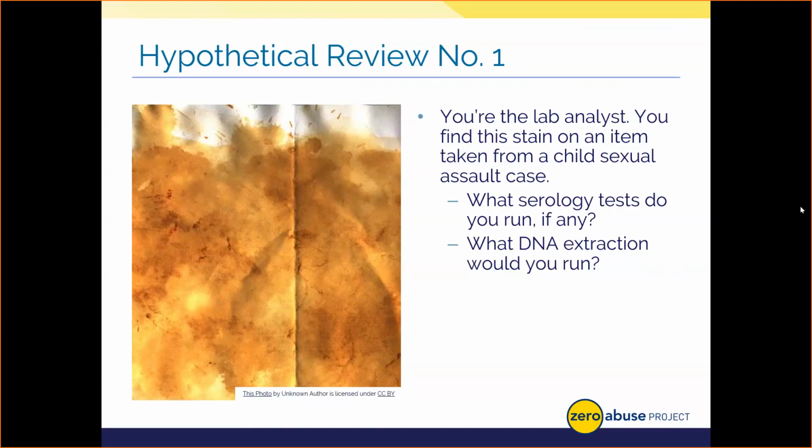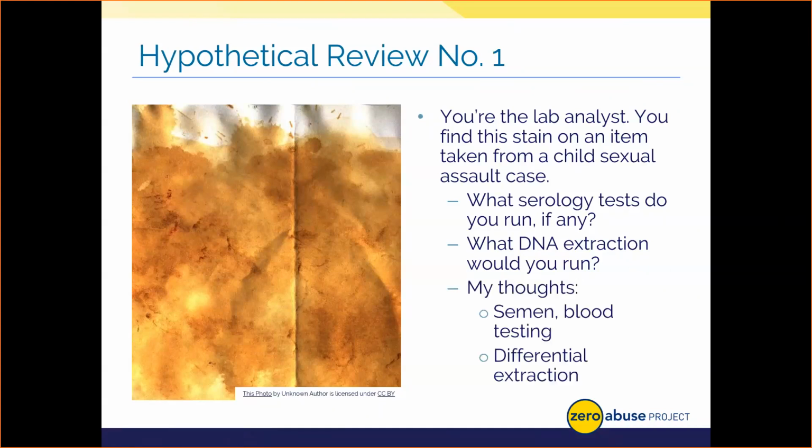I think those are good examples, especially from the serological standpoint. I know I'm asking you a lot with the DNA extraction, right? Just for the sake of time, we'll go ahead and look at my thoughts on this. The stain's that yellowish or brownish color. I'm assuming, based on my visual observation, that it looks like there might be some red specks in there too. Maybe the sexual assault resulted in physical damage and we have blood and semen deposited. So serologically speaking, I would definitely run with the phenolphthalein and heme direct to confirm.